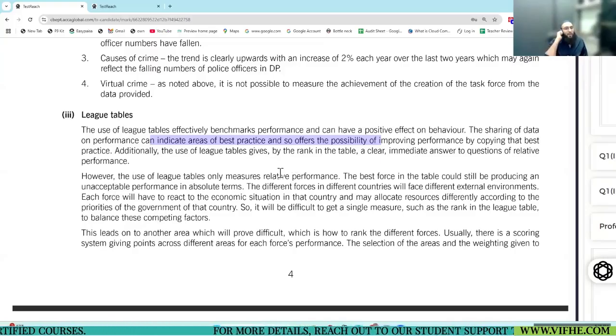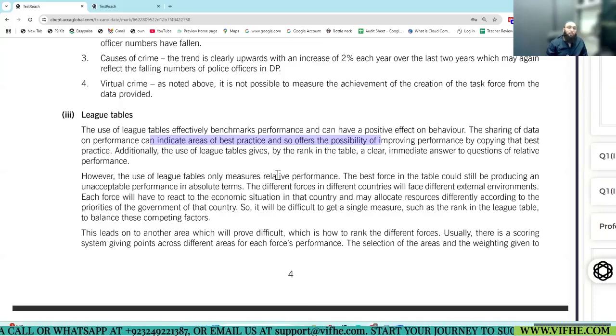Plus, one having a low performance in terms of a score might not be bad actually, because maybe their surroundings, their condition, their environment is of such a nature that their performance seems to be weak, but they are performing well.